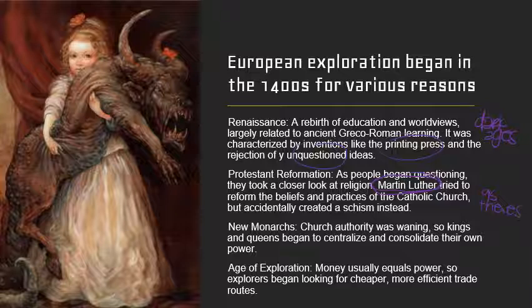They're very, very slow to change. And so instead of just kind of accepting these things, the church is going to label Martin Luther a heretic, and they're going to kick him out of the church. Now, he's questioning things like, for example, the selling of indulgences.